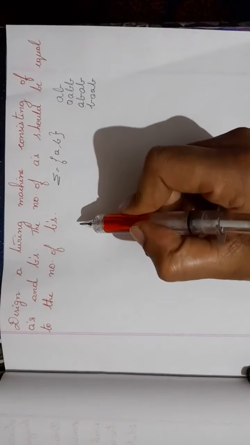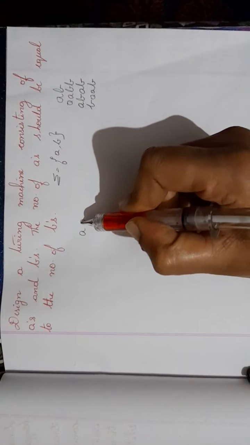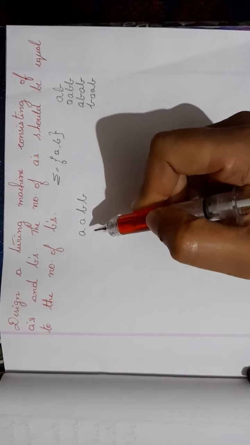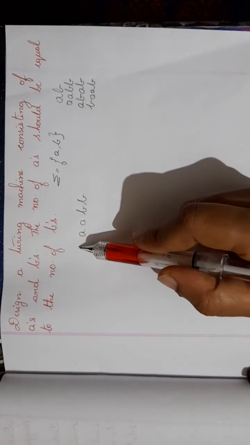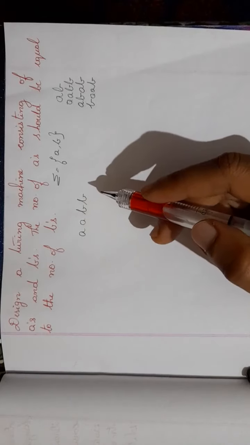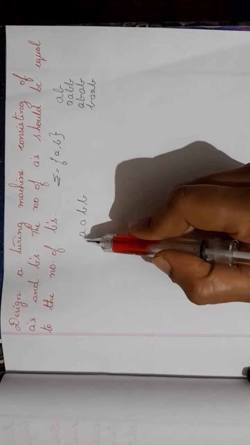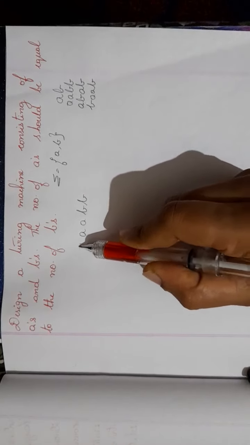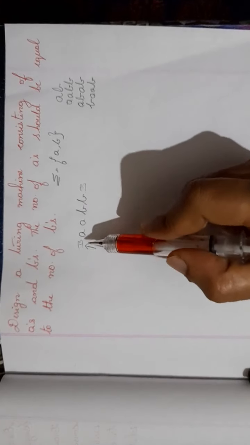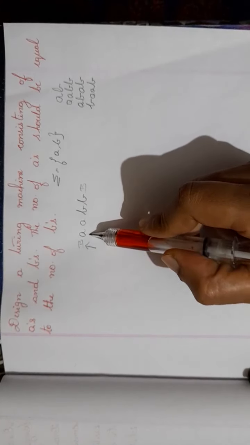The only thing is, in my entire string, the number of A's and the number of B's should be equal. So what is the logic that we can apply here? I'll take one example, A, B, B. So you know how the Turing machine works. Initially I'll be having blank, at the end also I will be having blank. So I'll start with respect to the first character. It will be pointing here now. I'll be having blank and blank here. I will move the head.